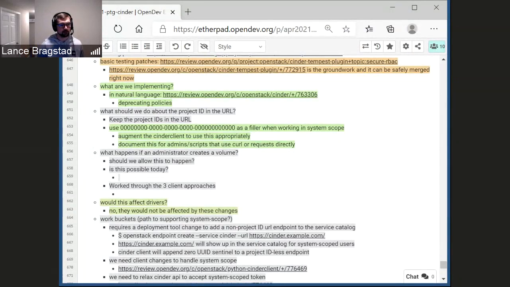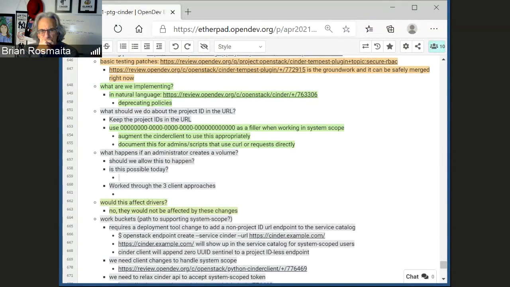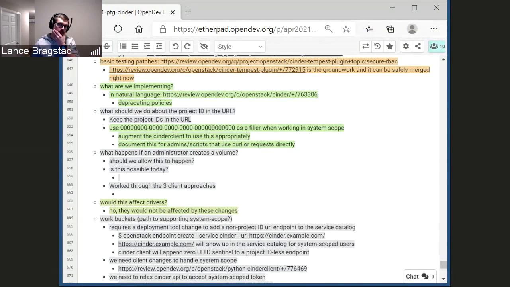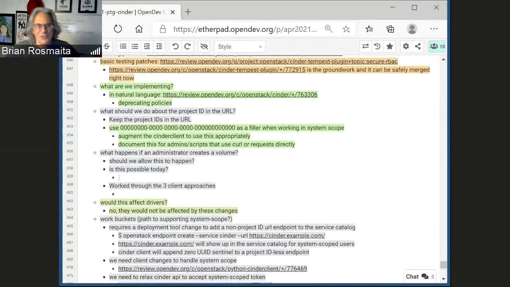Which could make the client a little bit more resilient in the event that Cinder ever wanted to move away from URL templating in Keystone. Okay, I'll have to think about this some more, and about how that fits in with the pass-through proposal to get a project.